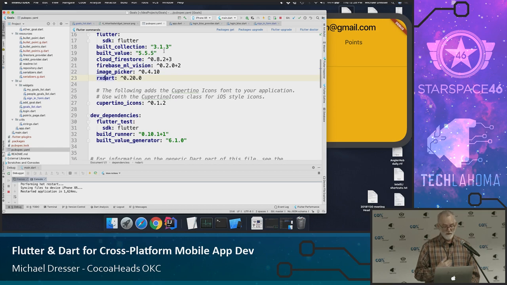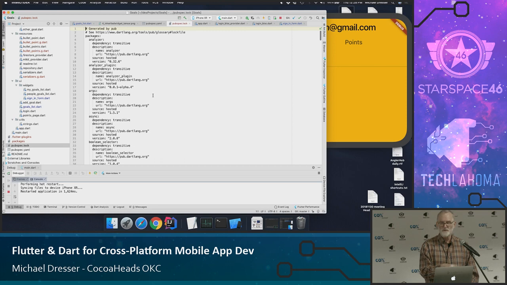And so what I do, if I hit a problem, is delete the version number and run it. Then you can go to the pubspec lock file and it tells you what version it's settled on, and I can put that version in by hand. That way everything works and I get to update the way I like to update. Big long answer, but it's handy. It really helps. Any other questions?